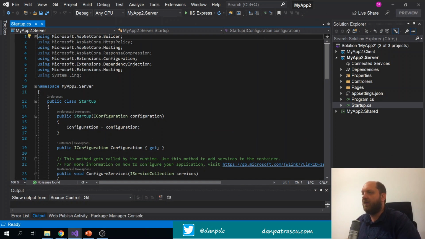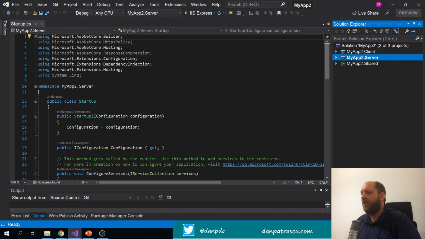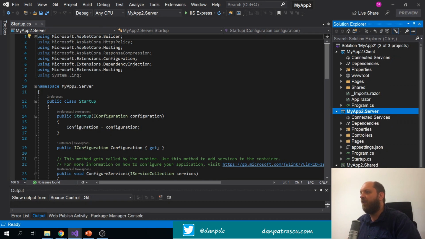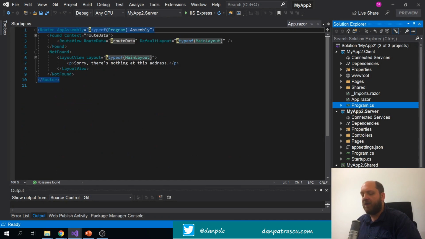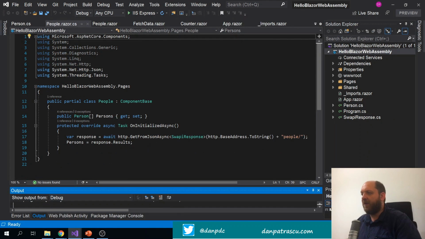And here, once again, this is the Visual Studio template that you get with Blazor when you start a new application. And what we can see here is that we have basically three projects. We have one project that is my app shared, which I would say represents here from a logical point of view our domain model. Then we have this my app server, which is the ASP.NET Core server, and then we have this my app client, which is the full Blazor application. Now if you look at this Blazor application here, it is really not different at all to the Blazor application that we had here,